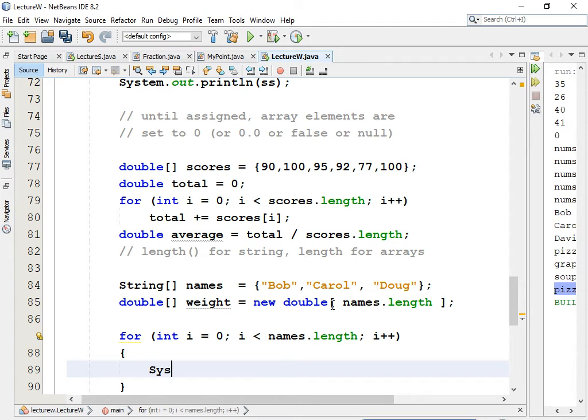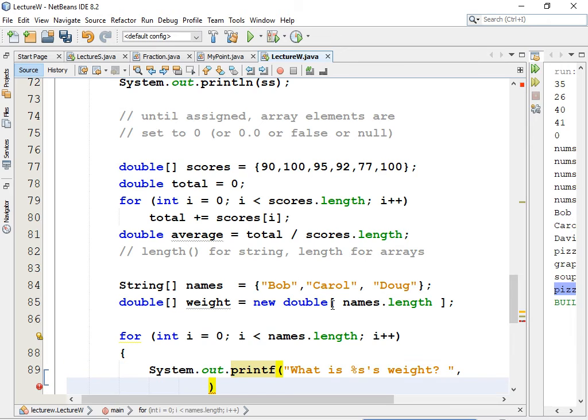System.out.print, or printf, "What is %s's weight?", comma, and we need to print out that person's name. So after the comma, names[i];